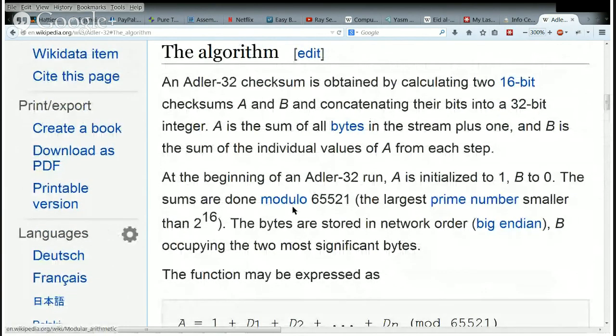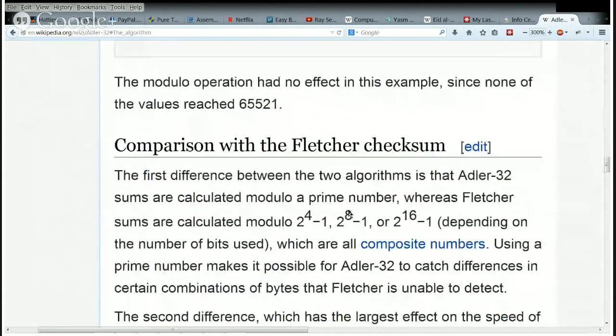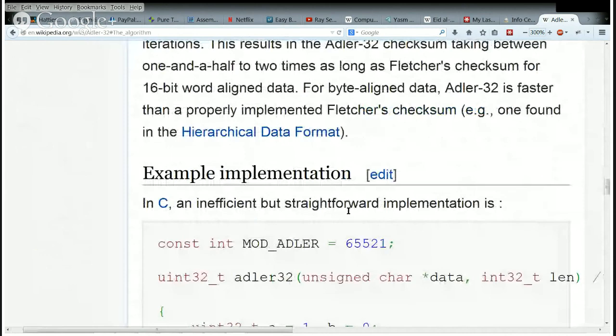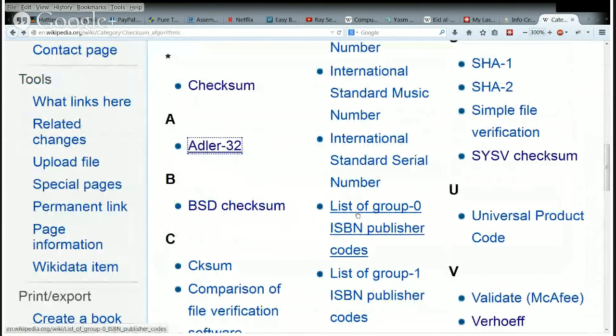The sums are done modulo 65,521. And that's the largest prime, apparently, smaller than 2 to the 16. So doing mod with a prime gives you some pretty unique looking patterns that are not very much connected with the other stuff. But this is doing an integer division to do mod.